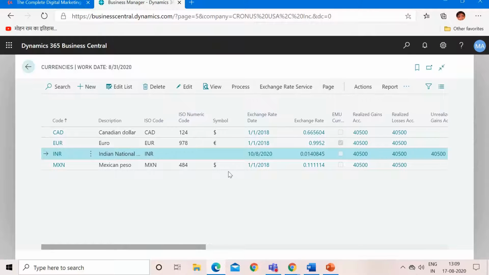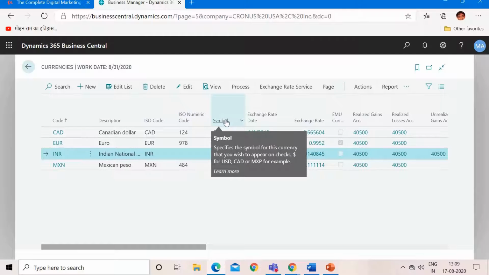So this is our system, and in part 1 we learned that we created a new foreign currency, which is INR in our case, because our local currency for this Business Central is US dollar.